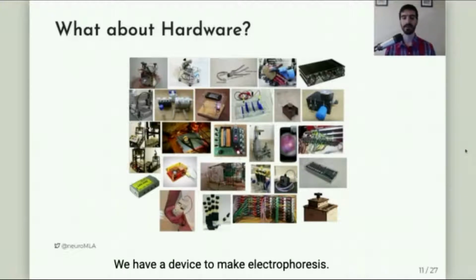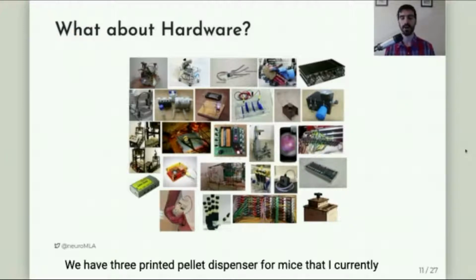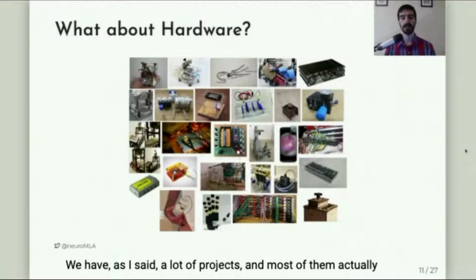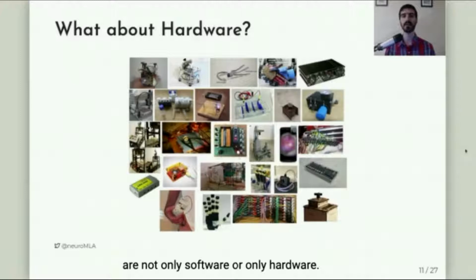We have a device to do electrophoresis. We have a 3D printed pellet dispenser for mice that I currently use in my projects. As I said, we have a lot of projects, and most of them are not only software or only hardware. Most of them are both open source hardware and software.